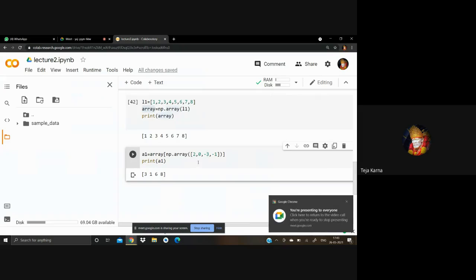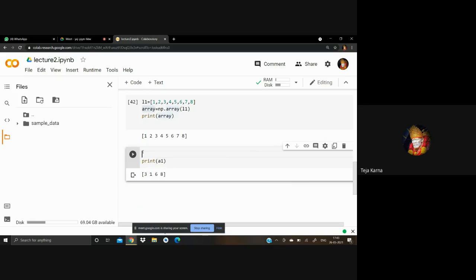Okay, fine. So this is actual indexing. Now you can also slice. Slicing occurs on an object in the form of start, stop, and the step by which you want to iterate. Take an example: we have an array a1.